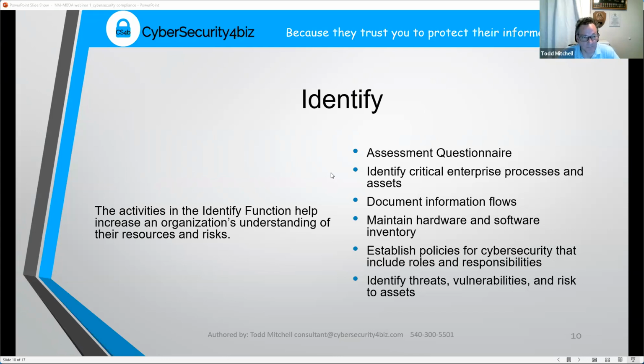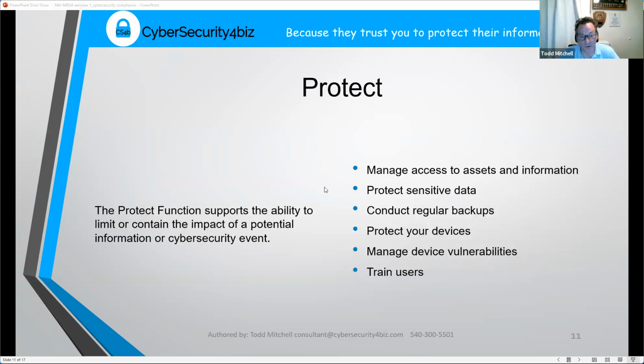And then the next thing is you're going to protect all those things. Now that you know what they are, you can get a better idea of what you need to do to protect those. And you kind of have a priority list of what you're going to do first based on how high the risk was to that certain thing happening. And then once you have all your protections in place, you need to train users. I have that one at the bottom of the list. You need to train your users, all employees, on basic cybersecurity awareness and what to do if something does happen.